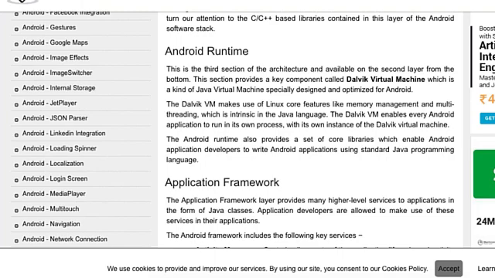And for Android, it's the Dalvik virtual machine. So you must have knowledge of this Dalvik virtual machine before you develop any program, because the Dalvik virtual machine makes use of Linux core features. So now you must know